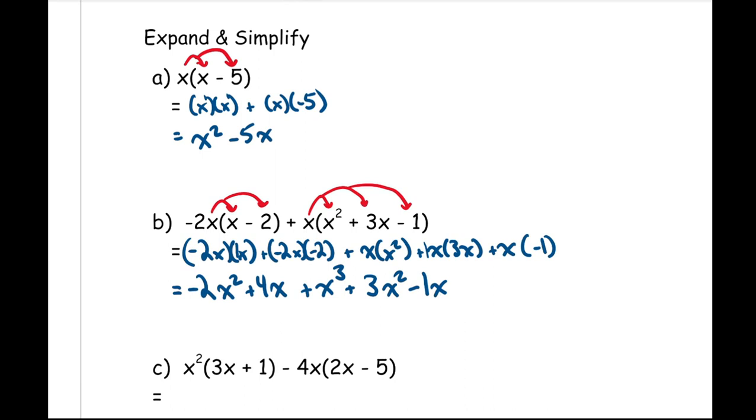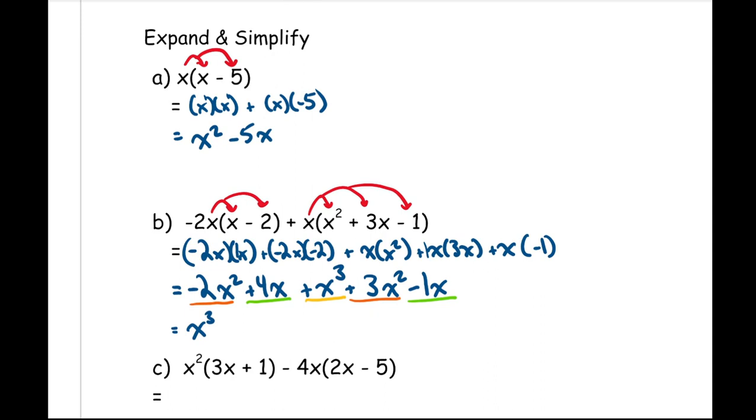What I'm going to do now is, again, go through and look for my like terms. I have terms that have an x squared. I have terms that just have an x. And I have one term that only has x cubed. So these are all different. Even though they're all x's, they're all different versions or forms of x. I'm going to put the x cubed first. General rule of thumb, the higher the exponent, it should be at the front. So x cubed,